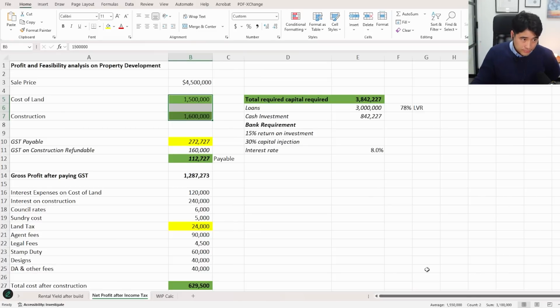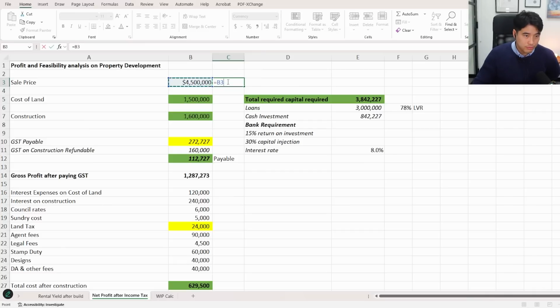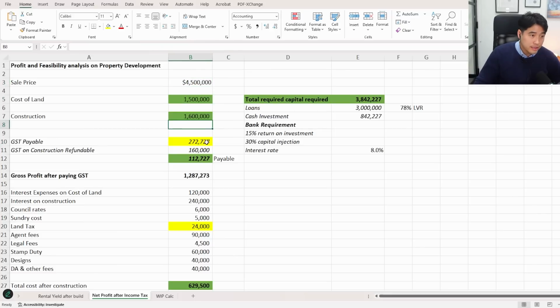However, they thought, okay, because there's two duplexes that you're going to be building, there's two houses that you can sell, and we're going to sell each for like 2.2 mil. So they added that up. It's like 4.5 mil in sale price that we're going to sell both of the properties. They weren't going to live in it or anything like that. They worked out that there's going to be a profit. And most people would just go, this is what most first-time investors would do: 1.4 mil, great, amazing, let's do the deal.